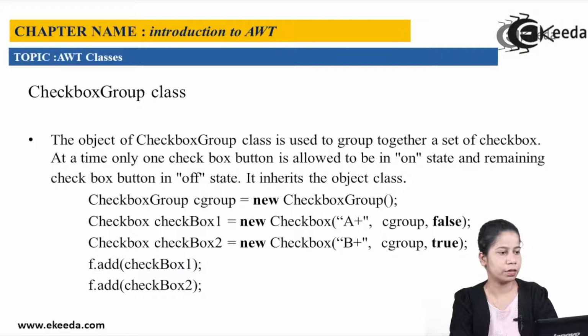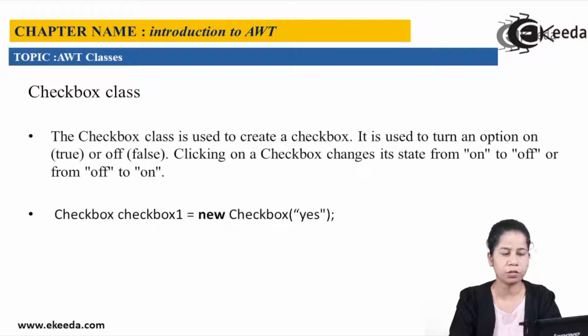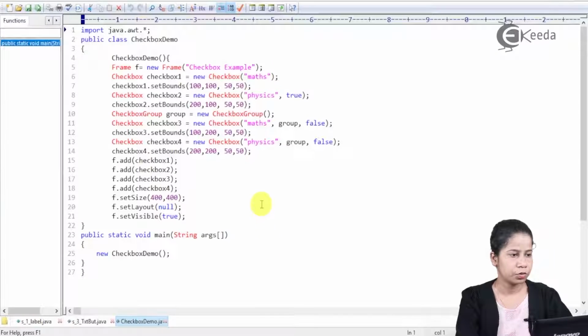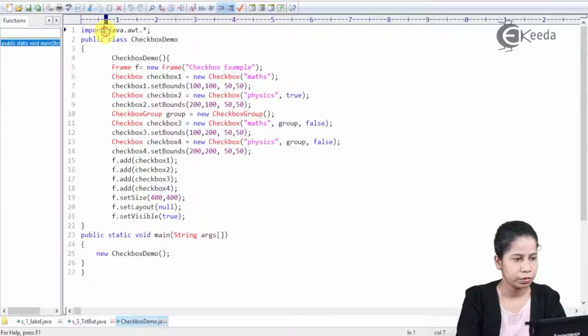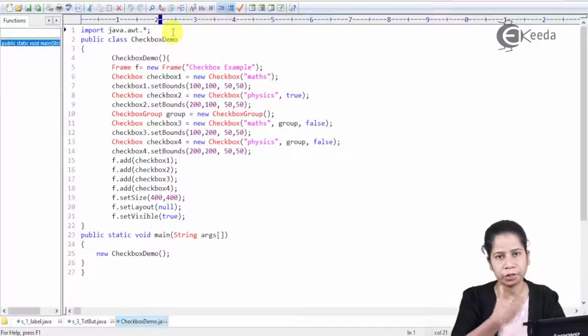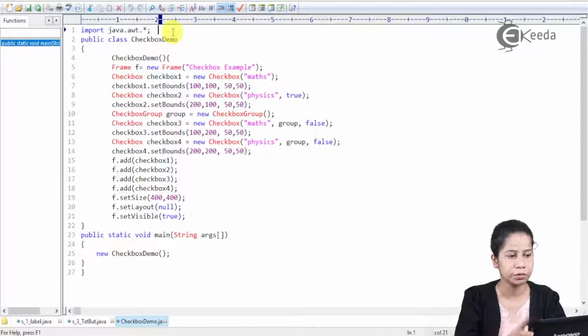So likewise we can create checkbox and checkbox groups. We will see a small demo on the same. Here again I have one small demo where I have imported the java.awt package, because I want a frame, then checkbox, and checkbox group, which is provided by Object obviously, but frame and checkbox are given by component classes, and those I need in the AWT package.